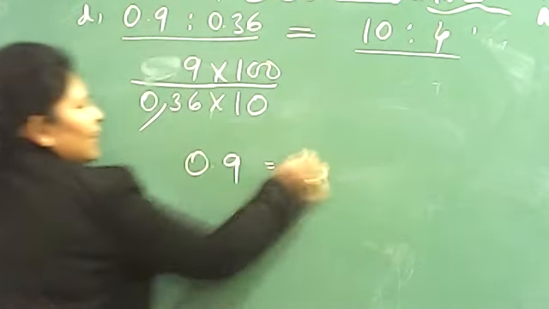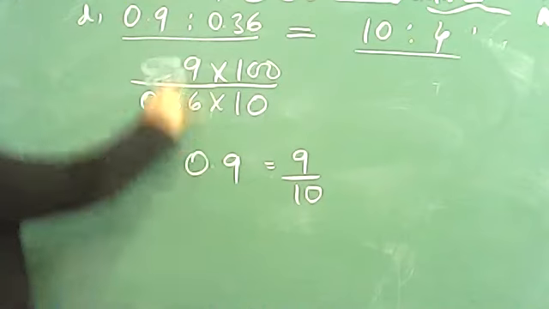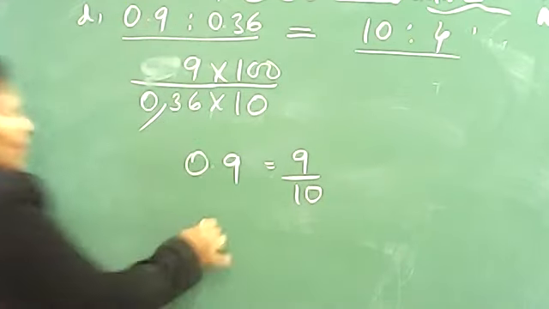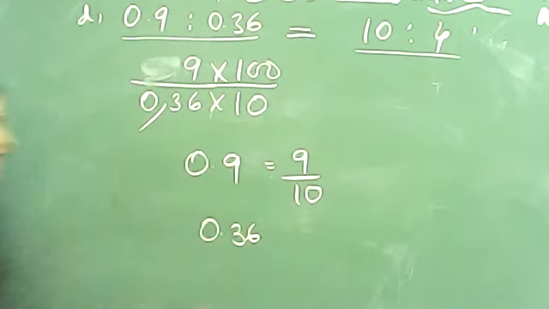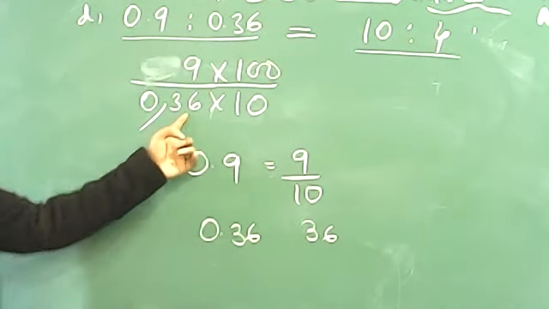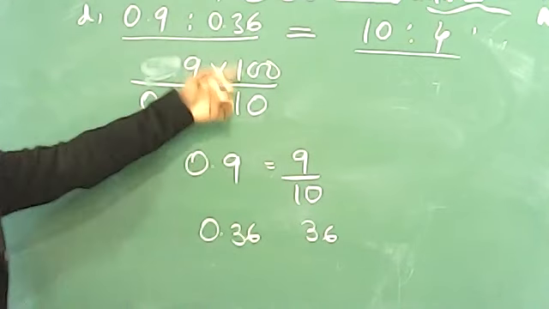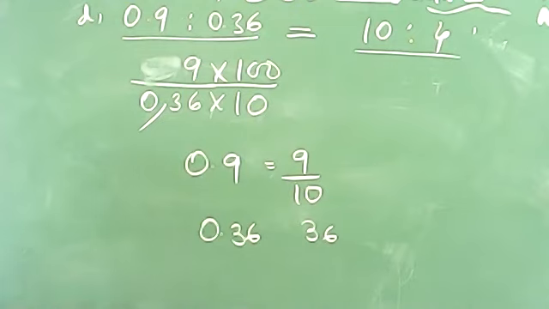So remember, it will give you 9 by 10. पढ़ाया था, ऐसे ही पढ़ा था ना हमने। So 0.9 को 9 by 10 लिख दिया ना मैंने, 9 by 10 इधर, ठीक है। अब यहाँ पर if the number is 0.36, what we will write it down? 36 by 100 लिखेंगे, ठीक है।